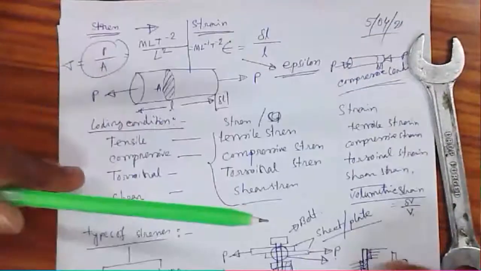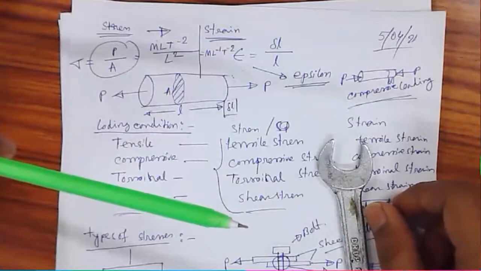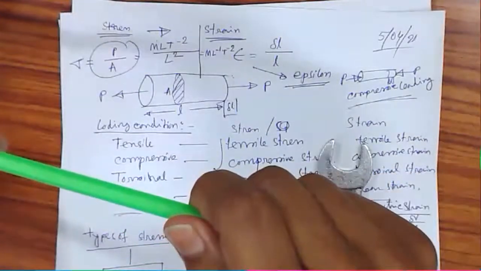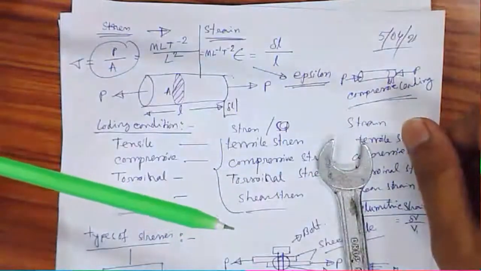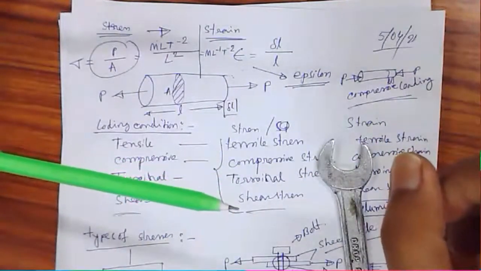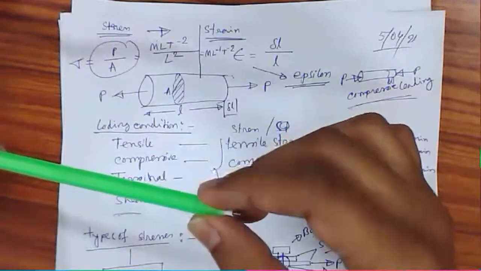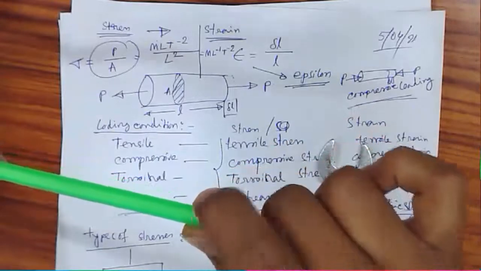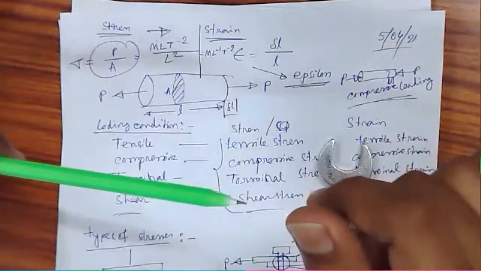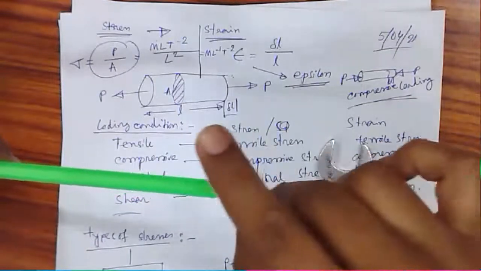Can you look at my pen here, this green color? This is a cylindrical object. If we want to twist it, then the effect produced on this pen will be torsion. That will be called torsion. And because of that, at the position where the force is working, there is a couple. Do you know what a couple is?